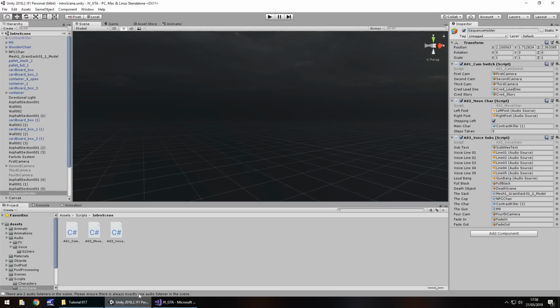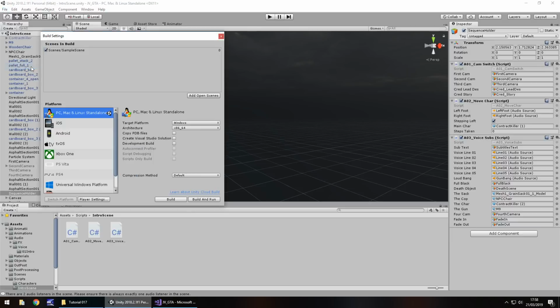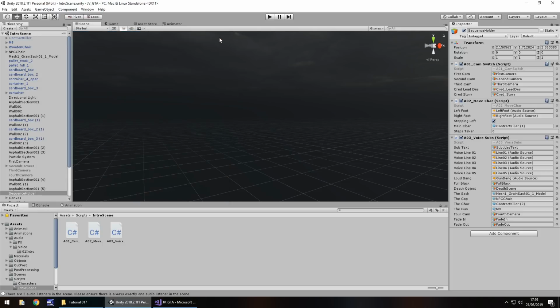But in order to do that, we need to head back to Unity and go to the File menu and go to Build Settings. At the top, we have Sample Scene, which is there by default in Unity. It's not needed at the moment, but it might be wise to leave that in as it is, because we'll have scenes to add before we even get to our intro scene, things like a main menu, splash screen, all that kind of thing. So for now, all you need to do is click on Add Open Scenes. What that will do is add the number 1. So just remember, number 1 is allocated to our intro scene. We can now close that.